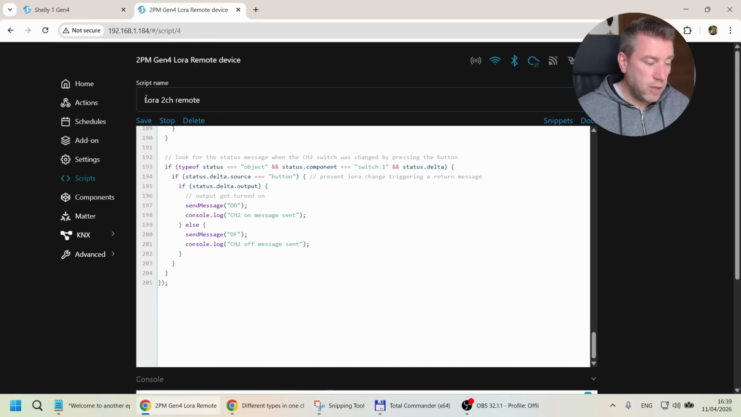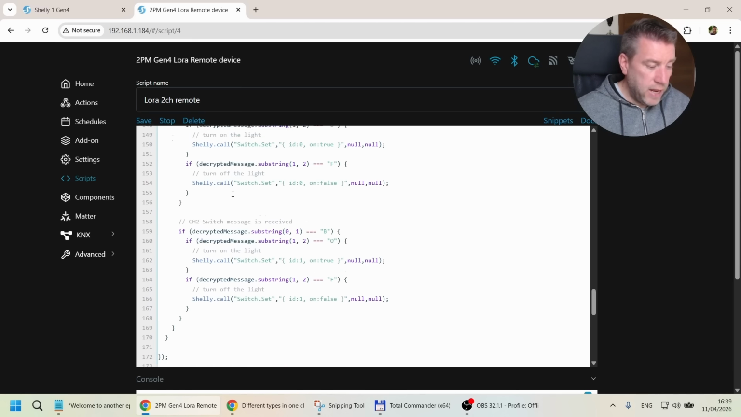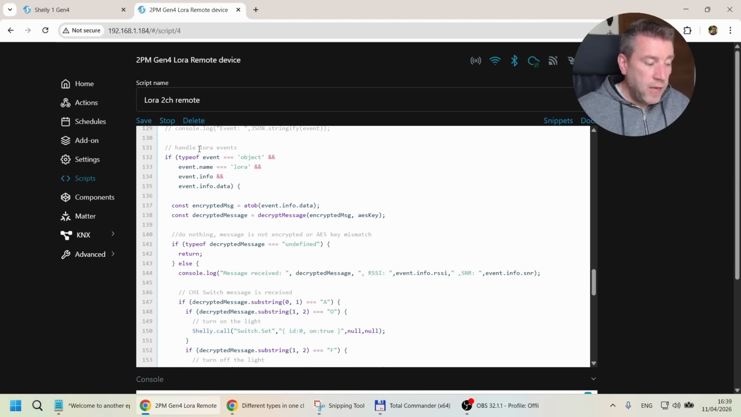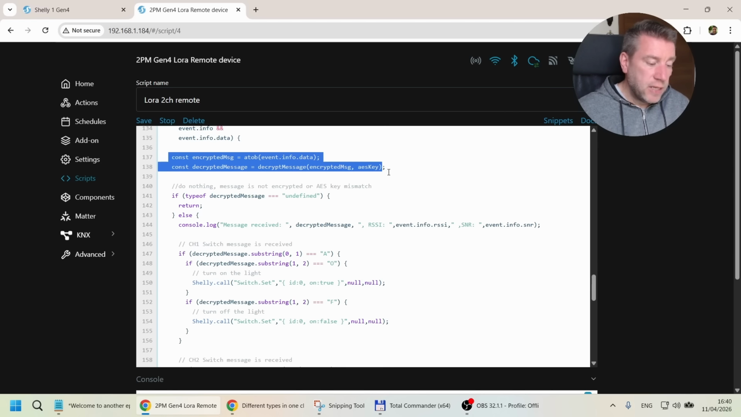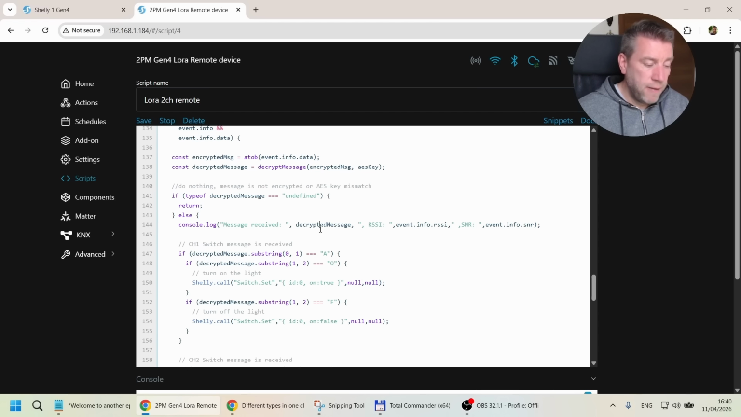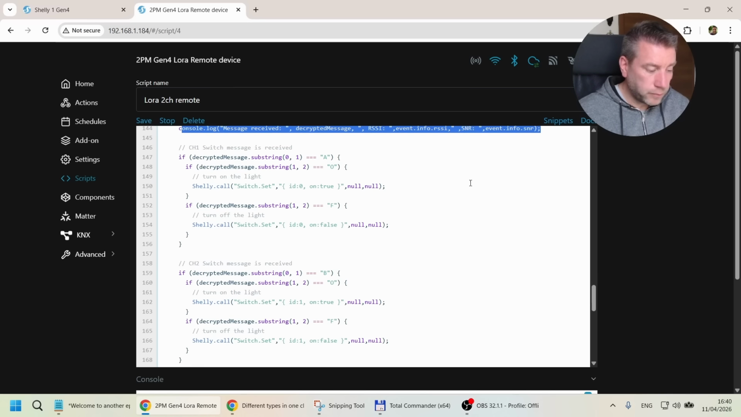and I have a similar code here, LoRa 2 channel remote. By the way, all this code is going to be in the link in the video description. And here, because that's a LoRa message, that's going to be an event. So we need to create an event handler, and that has the usual bits for checking whether the message is a LoRa message, decrypting the message, checking whether the decrypted message is valid, and also printing the decrypted message onto the console. And then it checks whether the first letter is A, and if the second letter is O, then